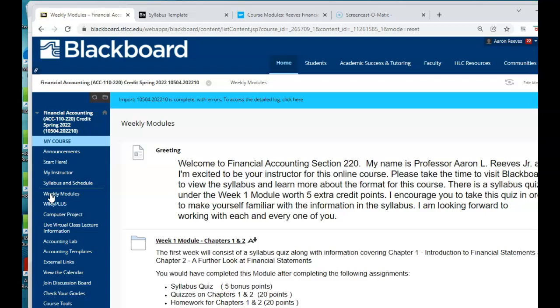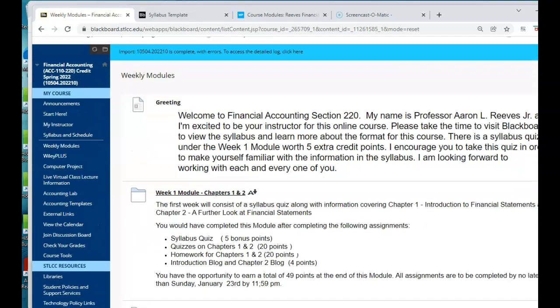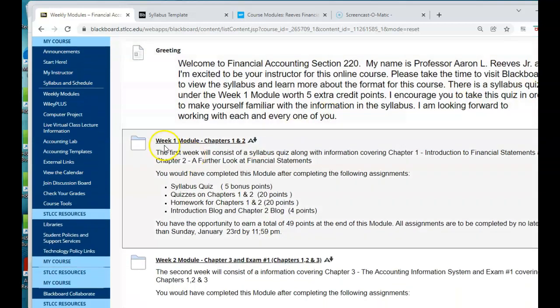Under the Weekly Modules tab, you're going to have a weekly module for each week of the semester. So in week one, we're covering chapters 1 and 2. During week one, these are your requirements: a syllabus quiz that's under this block, also under this module.